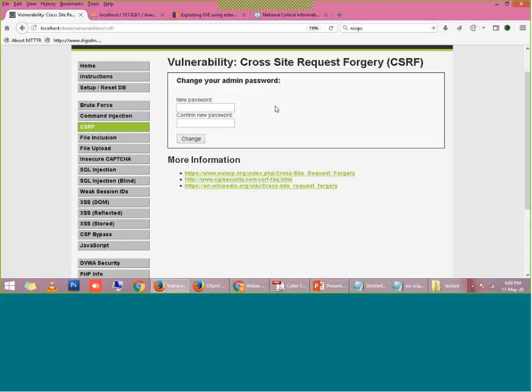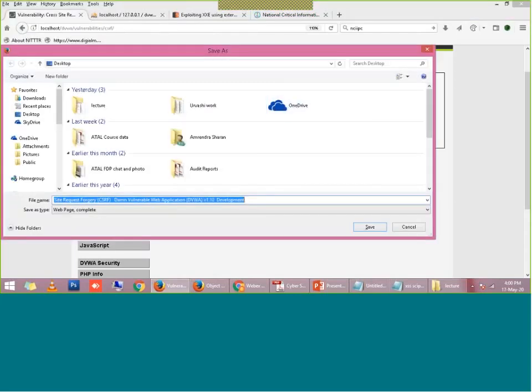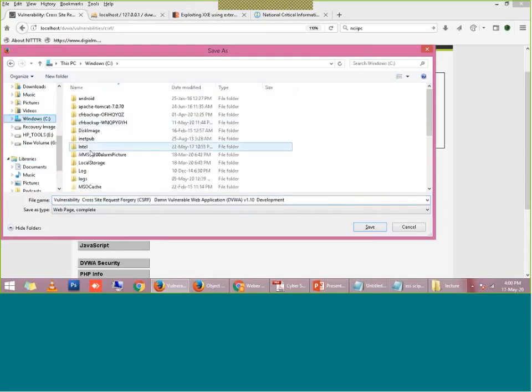To create a same look and feel page, I will save this page, Control S, and I will save it in my PHP directory, XAMPP.